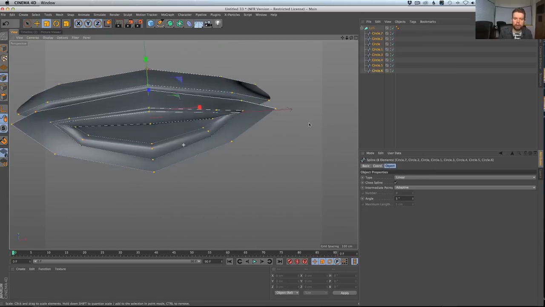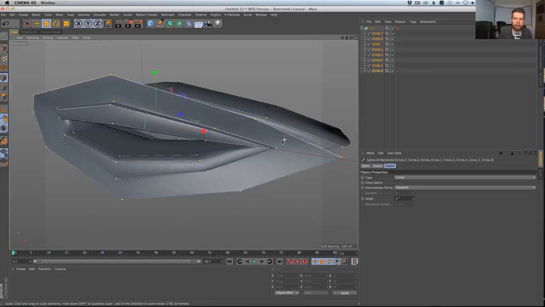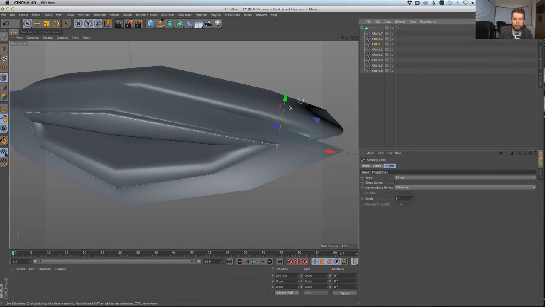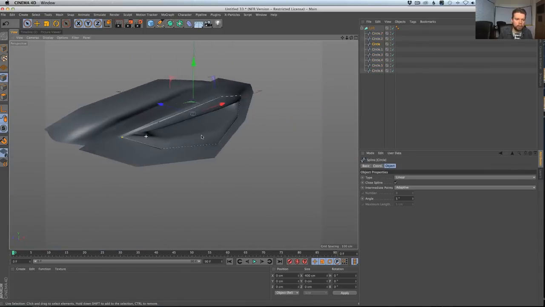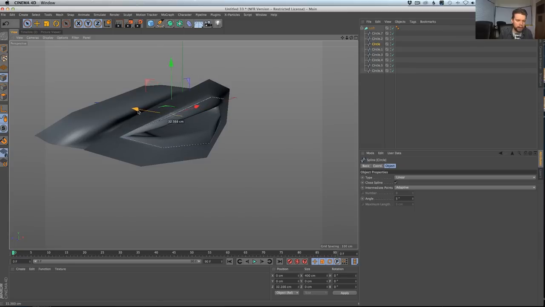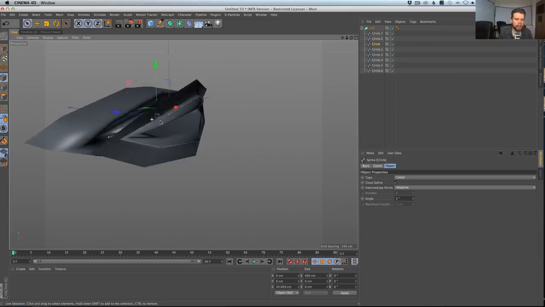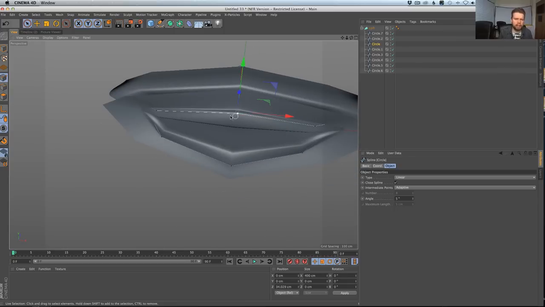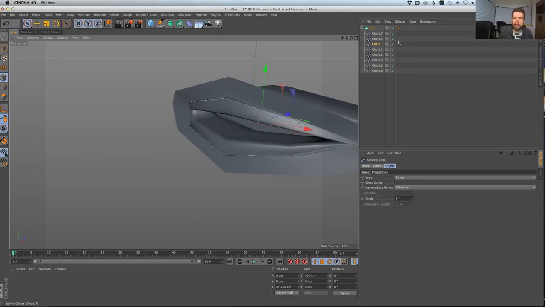And what's cool is we can actually grab all those splines at the same time. And I can grab maybe this point. I'm not sure what object that's on, so let's go find it. It's this object. So I'm going to grab both of those points, and I would maybe pull them a little deeper back in there. You always get that little recess in the mouth like that. And there would be a lot more points and a lot more effort to making this clean and evening things out and whatnot.